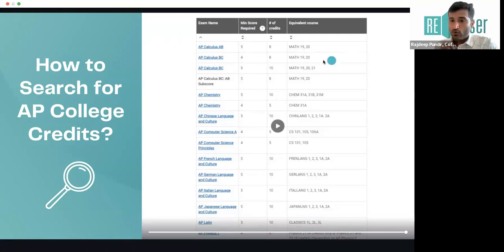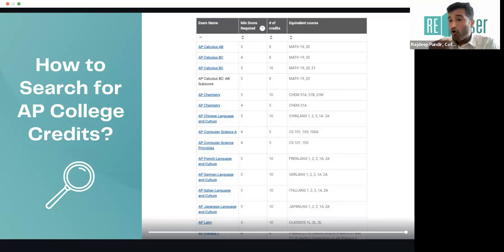Second, I spoke to you about the college courses: Maths 19, Maths 20, Maths 21. These are the semester 1, semester 2, and semester 3 maths courses that one has to do if going to Stanford to pursue anything there. If the child has gotten a 515 in AP Calculus BC, they get 10 college credits.